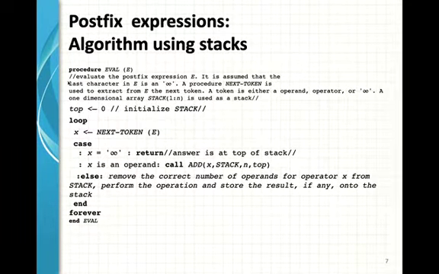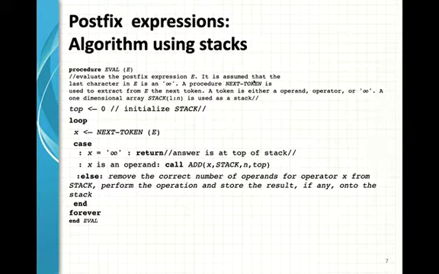It is assumed that the last character in e, for expression, is an infinity. A procedure, next token, is used to extract from E the next token.